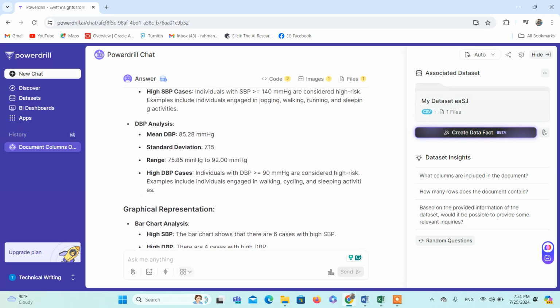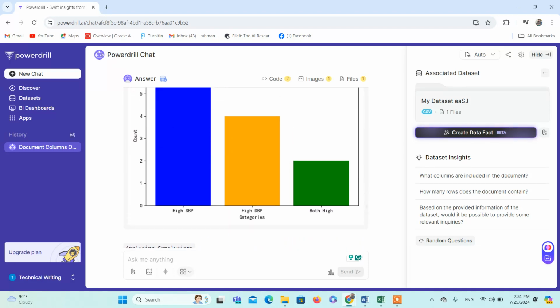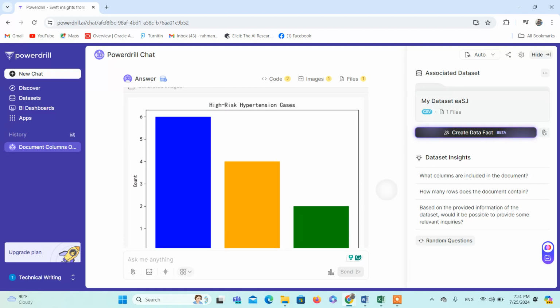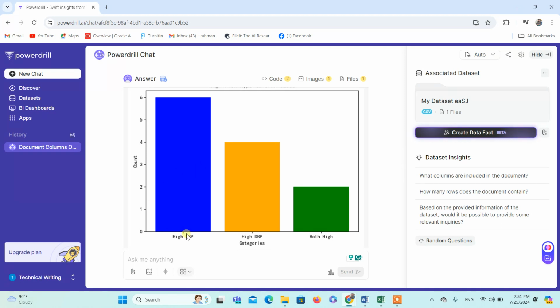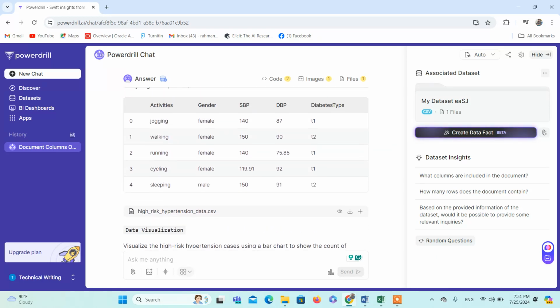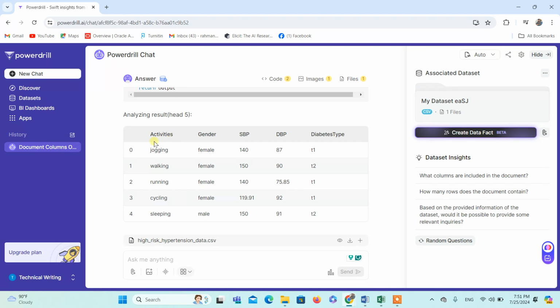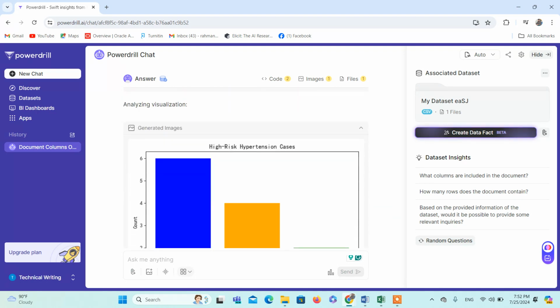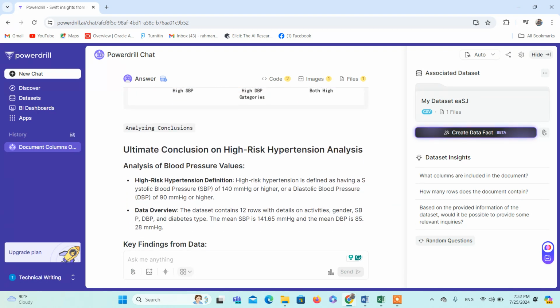So we can see that it has analyzed high risk hypertension cases, the high SBP values, and this is the high DBP value, and both high. So it has analyzed it. This is the Python code for this, and these are the results, the high values of the SBP and DBP for these types of patients, and this is the visualization, and then it's explaining the high hypertension analysis,